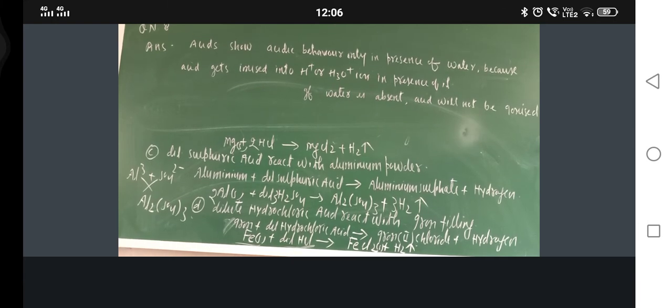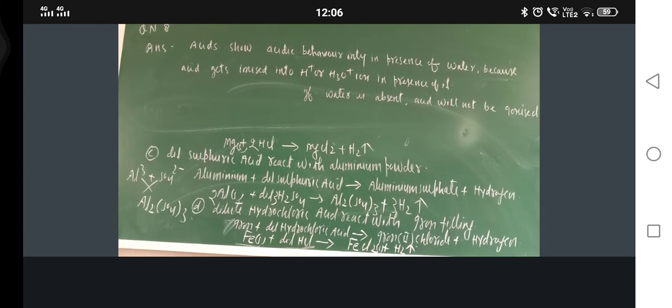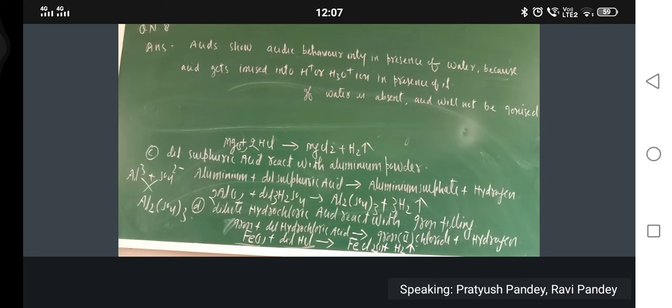pH range also I will tell you. 0 to 3 strongly acidic, 3 to 5 moderately acidic, 5 to 7 weakly acidic, 7 to 9 weakly alkaline or basic, 9 to 12 moderately basic, 12 to 14 strongly alkaline or basic. Have you got it or not? Hello? Yes, sir. Are you getting or not? Yes, sir. Okay, so I will go towards the blackboard and will solve this one.